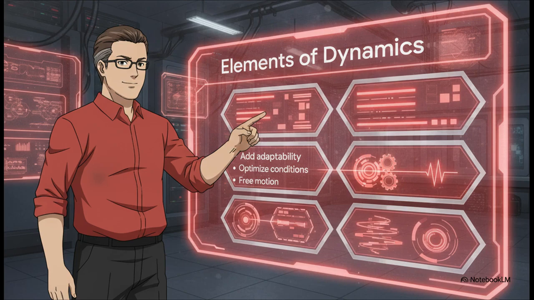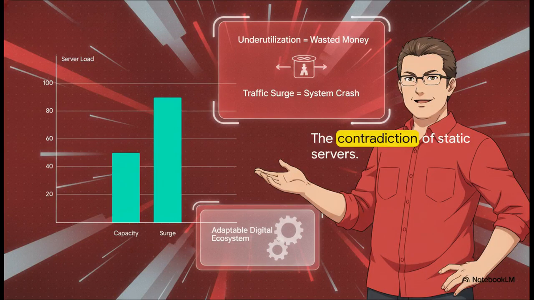Look at how the navigator breaks this down for us. Notice the core elements he's pointing out right now. First, we introduce variability and adaptability. We allow a system to find its optimal operating condition completely on the fly, and we increase the degrees of free motion. By introducing this level of dynamic adaptability, we directly resolve the contradiction of being stuck in a fixed state. You no longer have to choose between two really bad options because the system just shifts to accommodate exactly what is needed in that exact fraction of a second. It's brilliant. Let's see how this actually translates into real-world IT infrastructure.